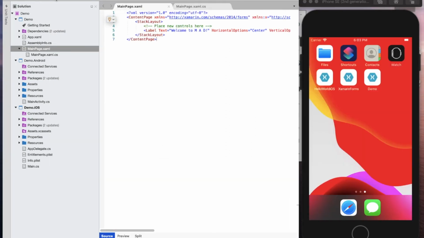I want to execute the same file for Android. So change this to demo.Android and the emulator which I am using is Pixel 3. Just press this button, it will be executed in Android.